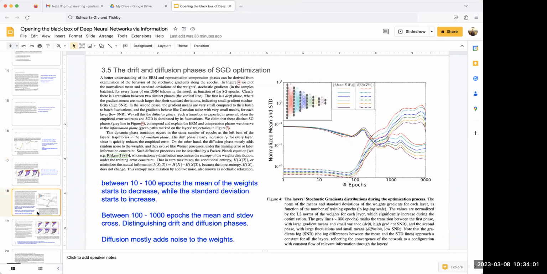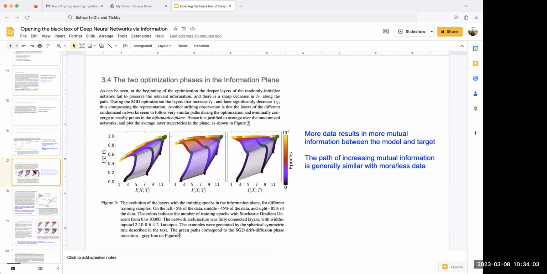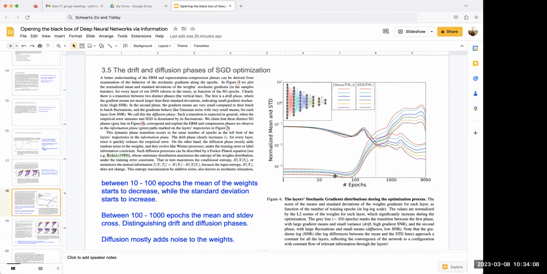So the ordering of that, I don't know. I put these in order of figure number, but actually this probably would have been a better next figure to show. This shows the two phases of that. In one phase, they consider the phases by how much change takes place with respect to the magnitude of the means and the magnitude of standard deviations of the model weights themselves.